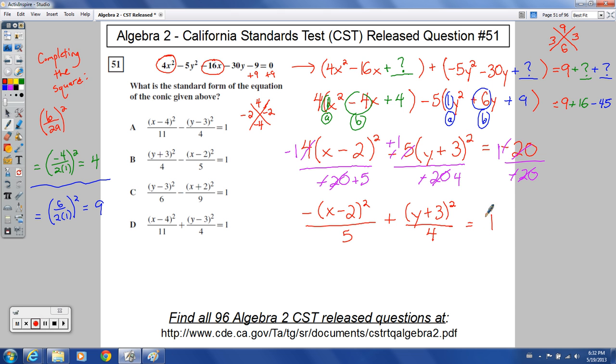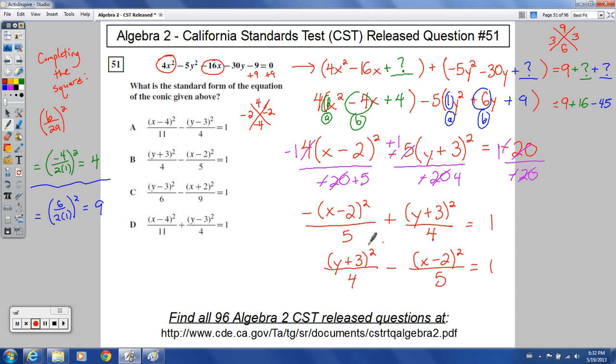I've got this over 4. This is going to equal 1. And so instead of writing it like this, I want to write the part that's positive out in front and then subtract that part from it. So another way to write this is y plus 3 squared over 4 minus x minus 2 squared over 5